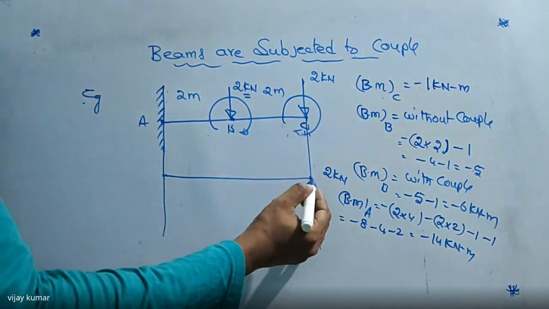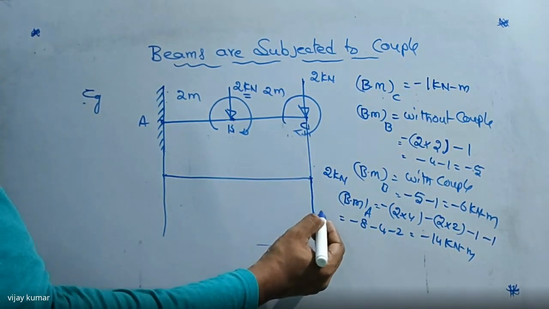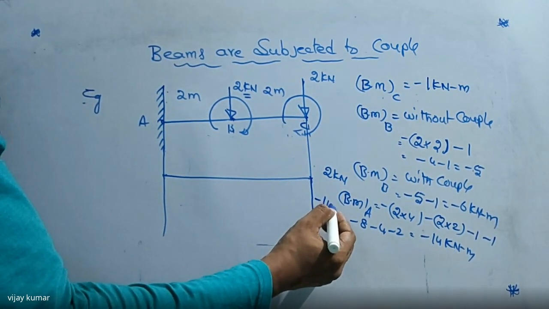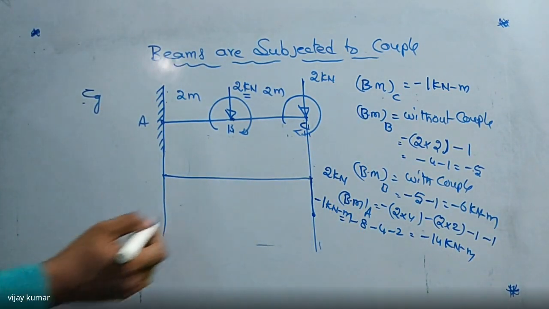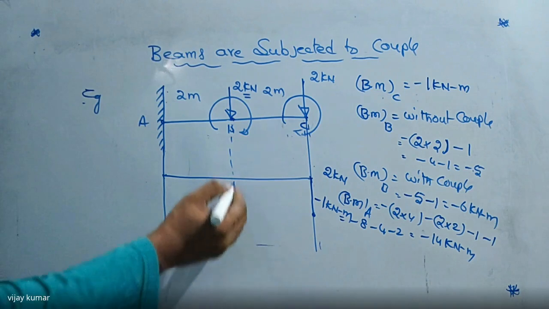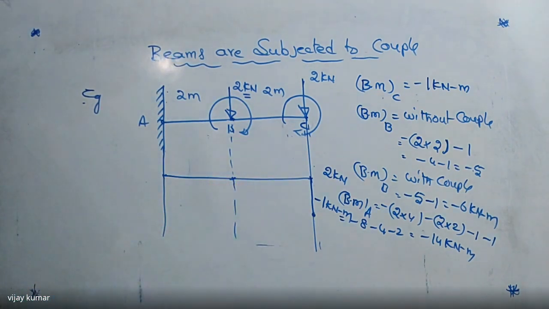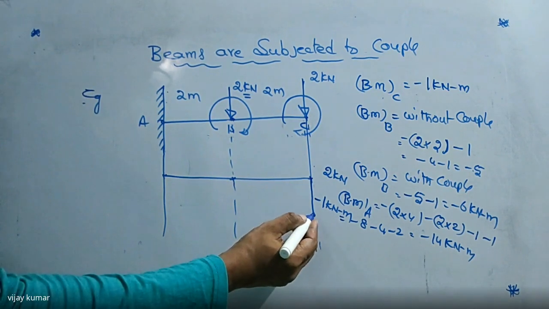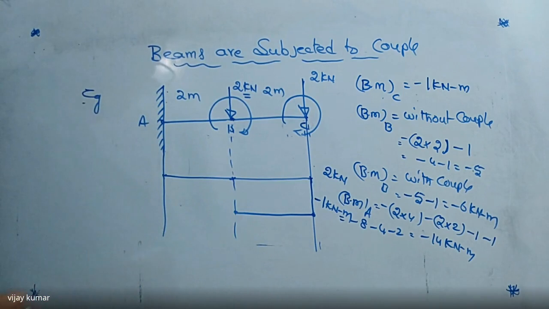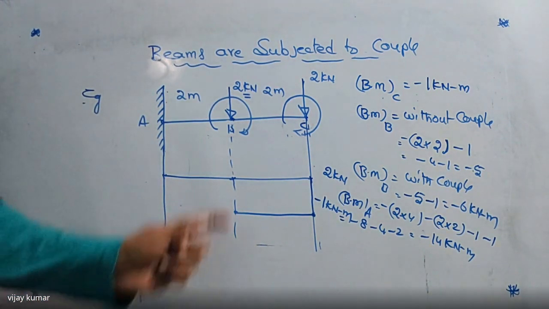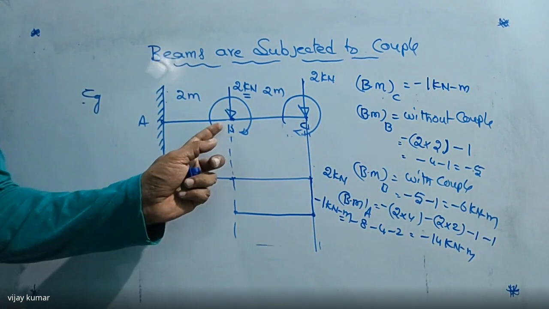That is minus 1. What is the bending moment here, without couple here? So the bending moment up to this point is the same. Right. Now tell me here, what is the bending moment at point B